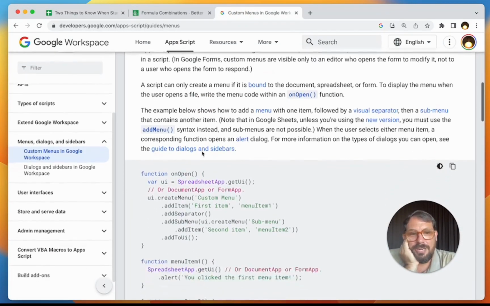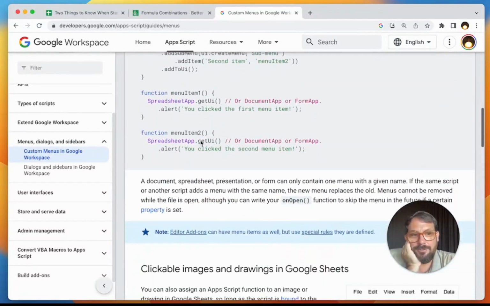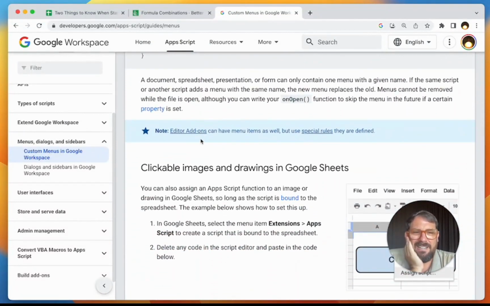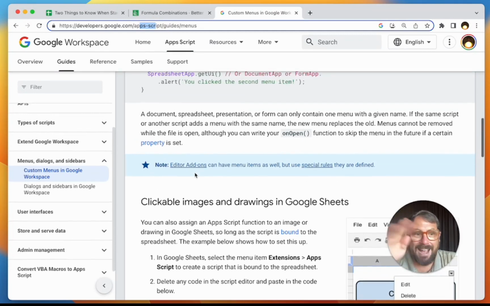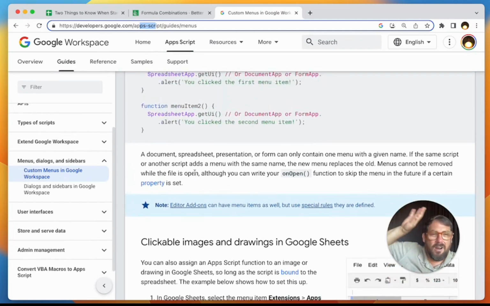So now as you read through things that you can add to your sheet, if somebody ever says something like, oh, you should just write a little AppScript to do that, just start typing in Google, search for the thing you want to do, an AppScript. There'll be two options. One, you will find AppScript that exists on Google Help. So this is developers.google.com/AppScript, some guides, some menus,